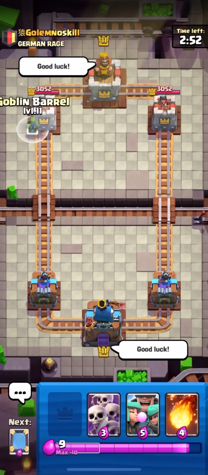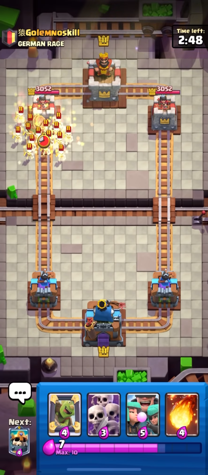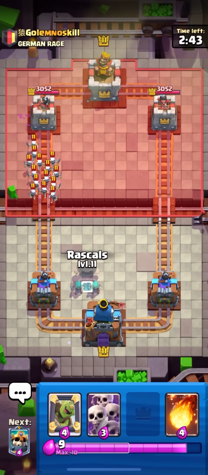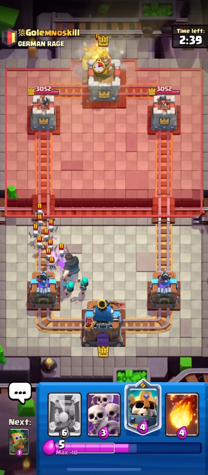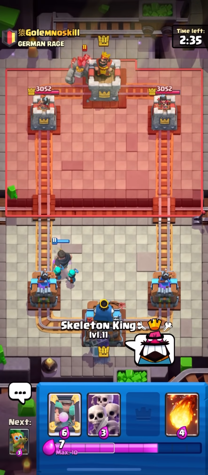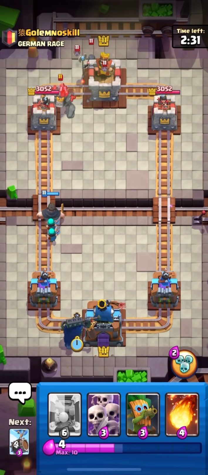I'm in the first game against a Golem, no skill. I'm just going to go for a Goblin Barrel in the corner here. He goes for a Skeleton Army. I guess I could just go for like Rascals. And this deck is pretty good. Okay, he's actually playing Golem himself. That's kind of funny. I can go for a Skeleton King in the back,